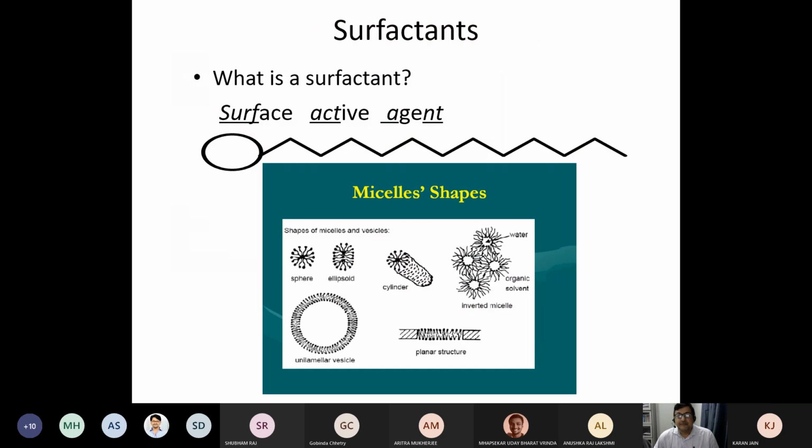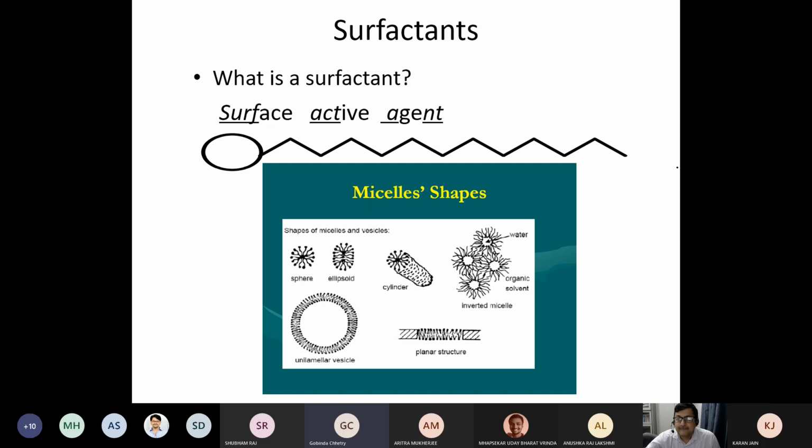So before we move to the nitty-gritties of that, can you tell me what is a surfactant? Anybody has any idea what a surfactant is? Sir, molecules which are used to mix oil and water, sir. What type of molecule? It can be any molecule, sir, but they help us mix the oil in water. What is the design of the molecule? Surfactant molecule, sir. Sir, they contain both